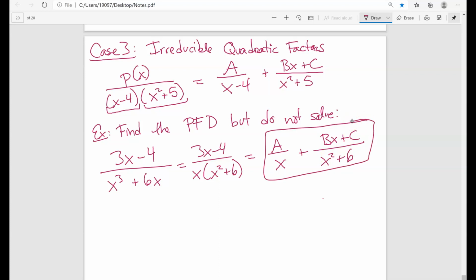Obviously, you can solve for it. You can do that as a little exercise if you really want to. But you can see how long these problems can take. So this will be irreducible quadratic factors. These are actually really good problems. You will be expected to do these problems when you get to Calc 2, but I'm just giving you guys a little bit of a taste of what to watch out for. And also problems like this can get really time consuming, and there's a lot of content that we've got to go through. So yeah,